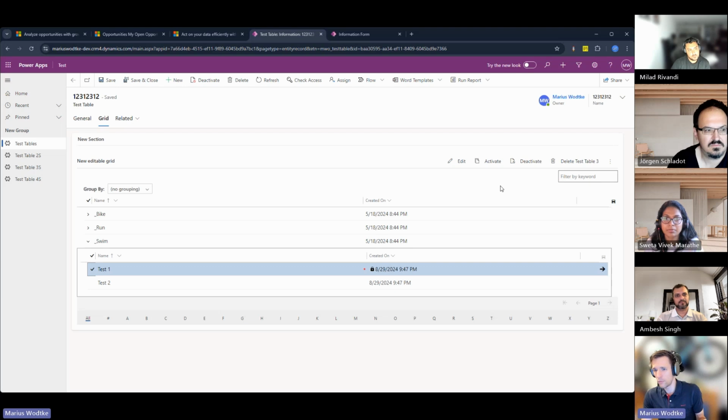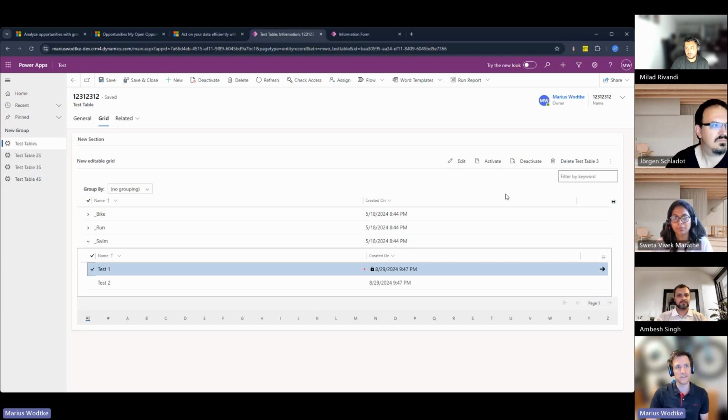And I mean, that's super nice because without leaving this top level form, I can see 2 levels down of child entities, and I can even act on that data. So for example, deactivating and deleting entries,